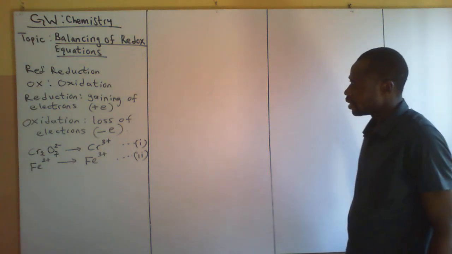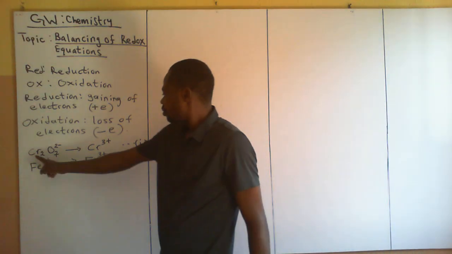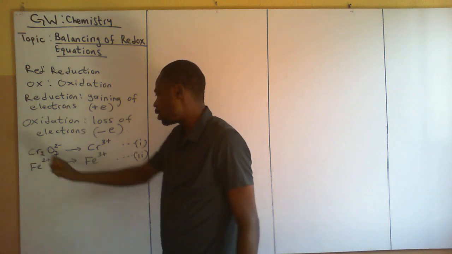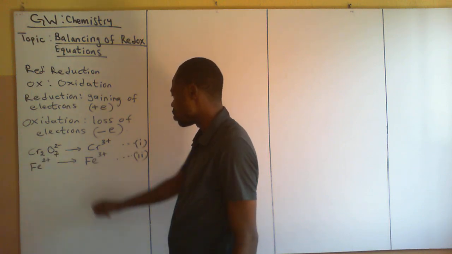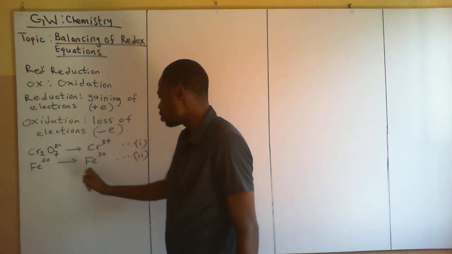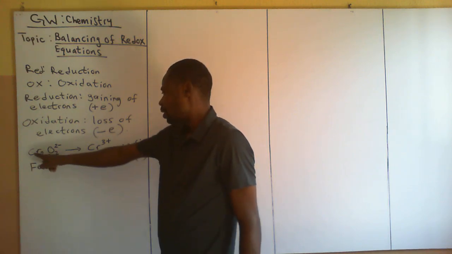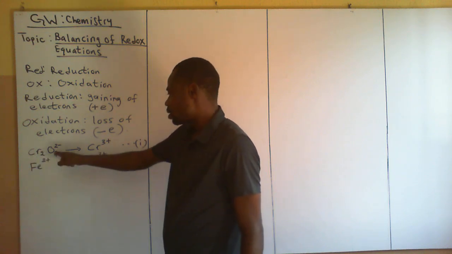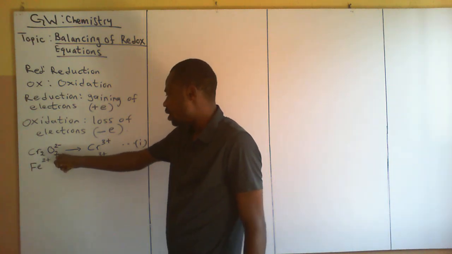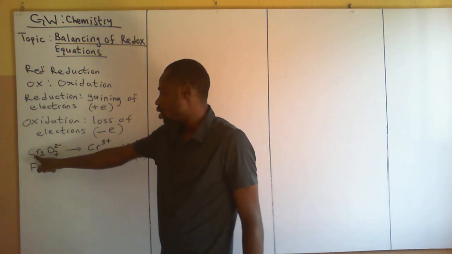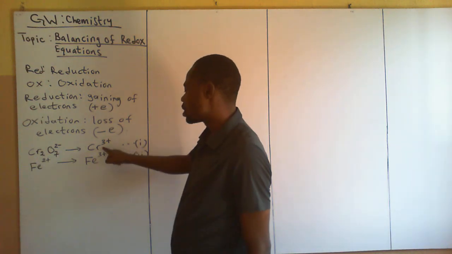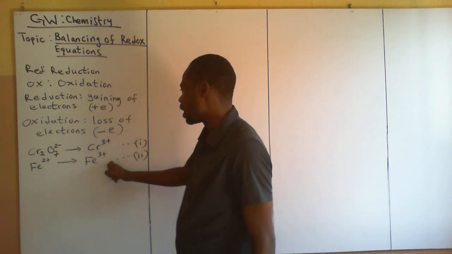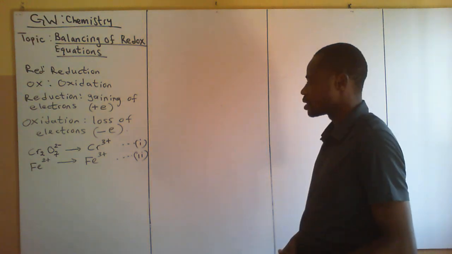If you look at this, you will see Cr means chromium ion, chromate ion, oxygen, that's letter O. Fe, iron 2, iron 3, chromate 3. This is heptaoxodichromate 6 ion. This is chromate 3 ion. Iron 2 ion. Iron 3 ion. Let us see how we balance this type of